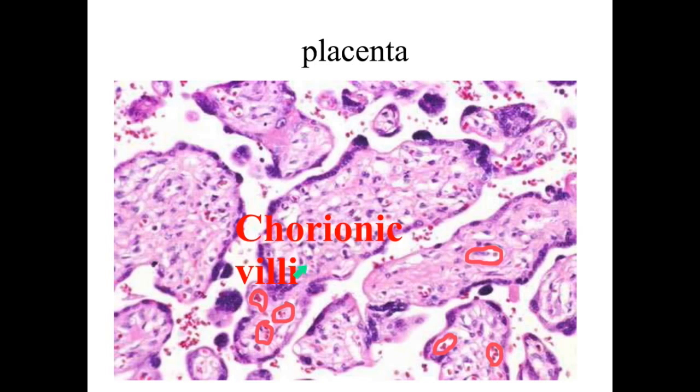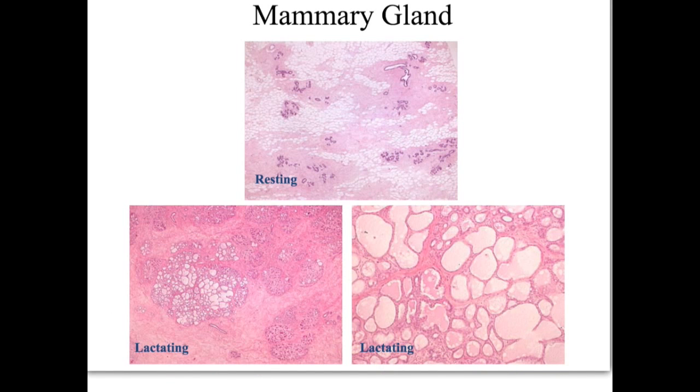This is the connective tissue. This is a picture showing the mammary gland in the resting stage, which is non-lactating, and in the lactating stage. Of course, in the resting, you can see that we have the lobes containing ducts only, no secretory alveoli, and they are separated by thick connective tissue septa, which are very rich in fat cells. If you are asked about the lining, the ducts are lined by simple cuboidal